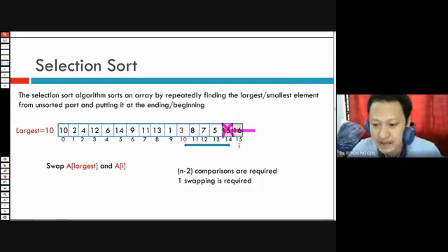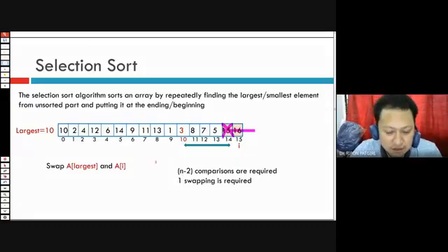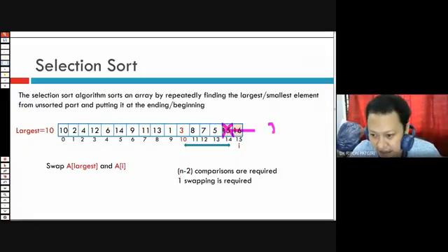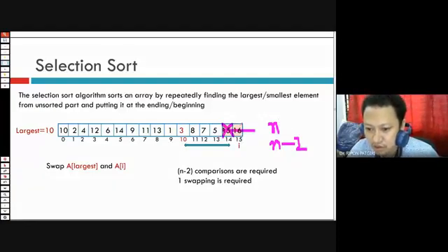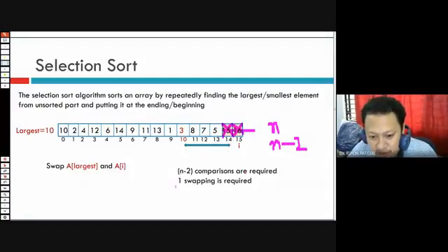To place the next tallest element, the second largest element, what is the comparison? How many comparisons have we done? If there are n elements, then n-2 comparisons we have performed, because in the earlier one we have decremented the total number, as we do not need to compare this last element, 16. So that's why it is n-2. So n minus 2 comparisons are required. How many swapping operations are performed? Only one swapping operation.